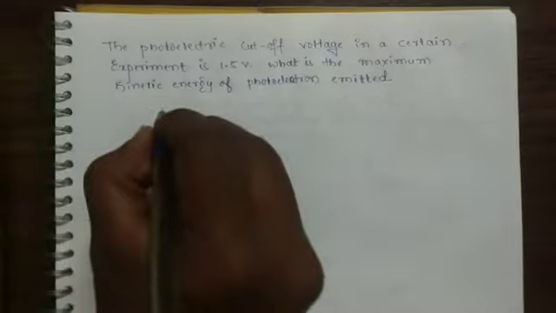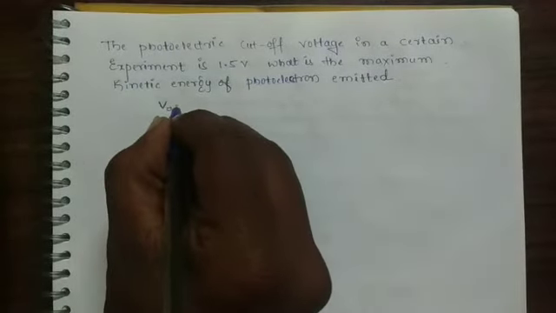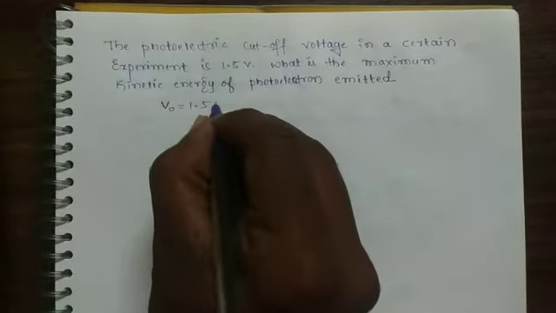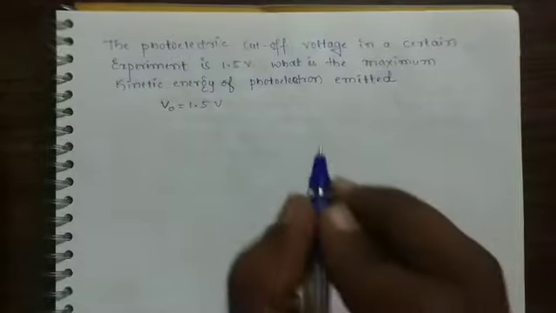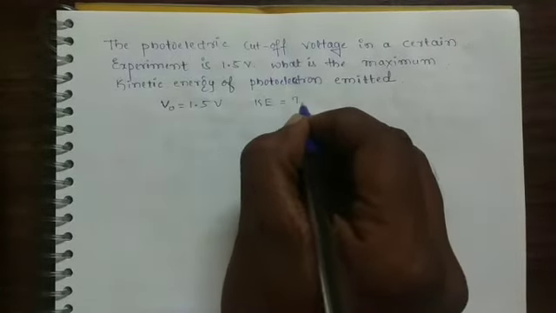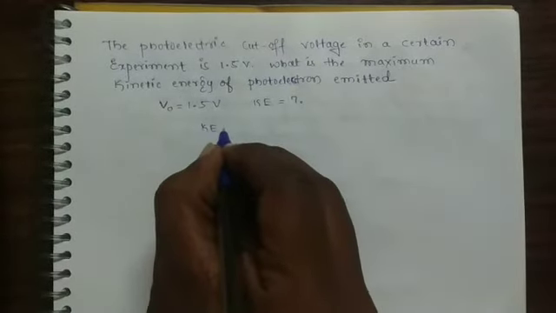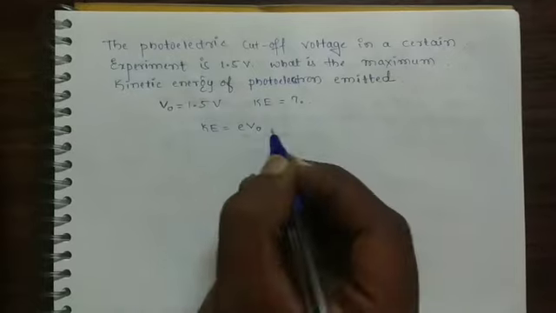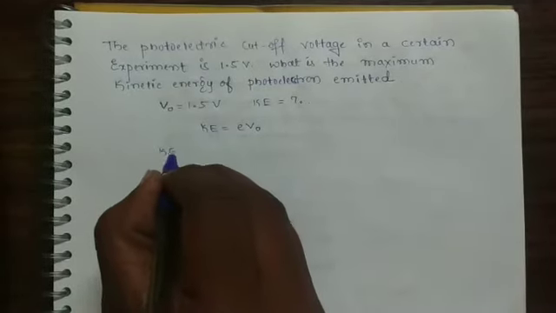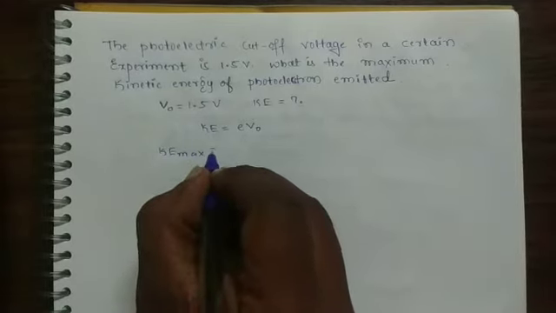Given data: the stopping potential, since cutoff voltage means stopping potential, is 1.5 volt. Here we want to calculate the kinetic energy, so kinetic energy is equal to question mark. You already know that formula: kinetic energy is equal to eV naught. So the maximum kinetic energy is equal to